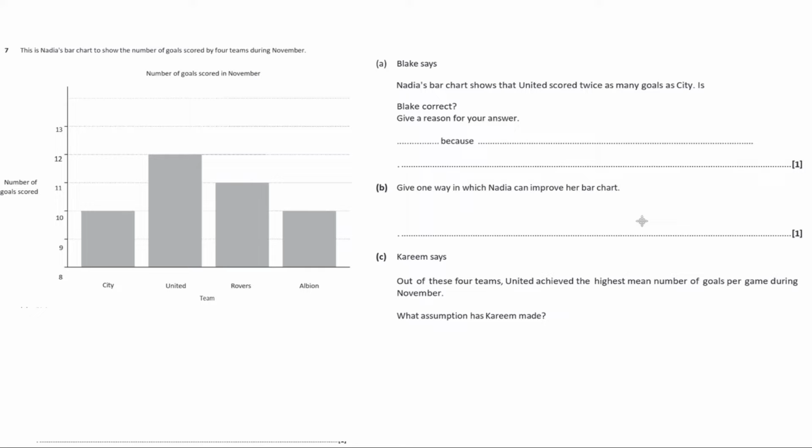Okay, now Blake says Nadia's bar chart shows that United scored twice as many goals as City. Is Blake correct? Give a reason for your answer. Now, when you have a look at the height of United's bar here, it appears to be 1, 2, 3, 4 units up, and City's from here to here looks like it's 1, 2 units up. So on first glance, it does look like United has scored twice as many goals as City. But if you have a look over here, actually what we've got going on is what's called a broken